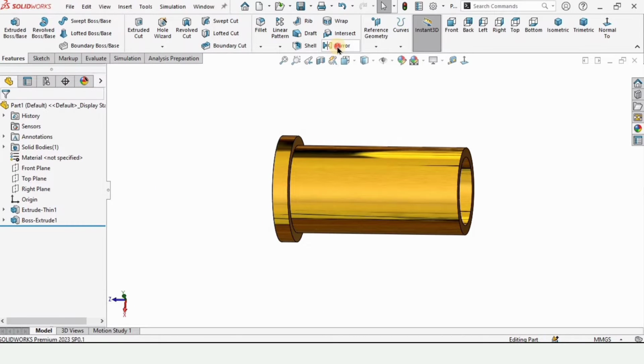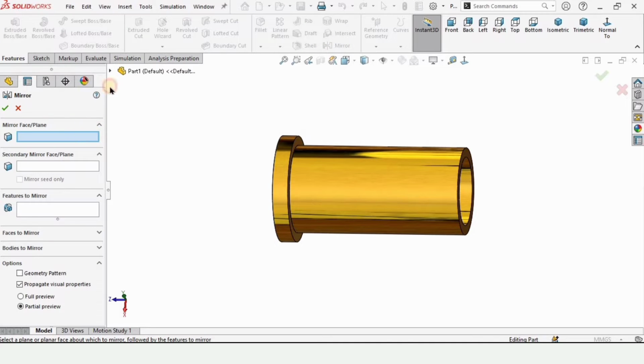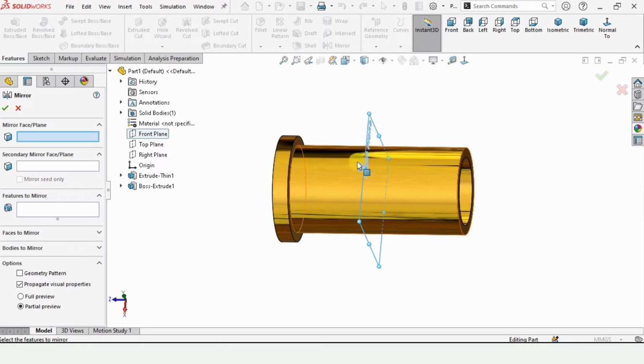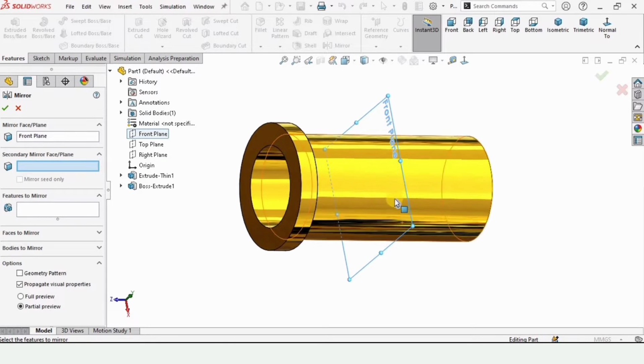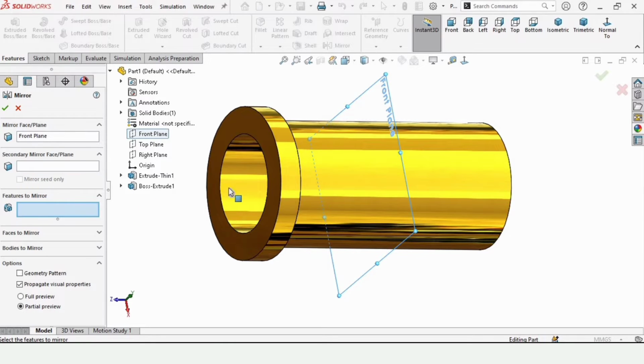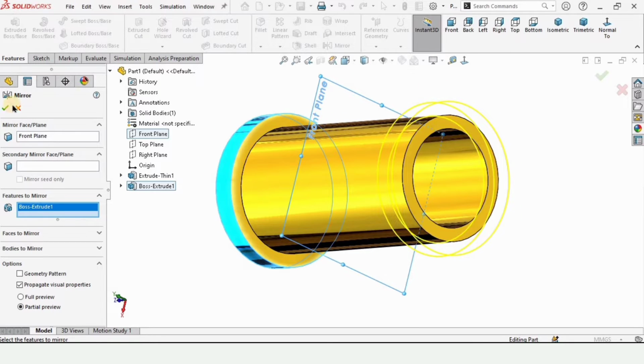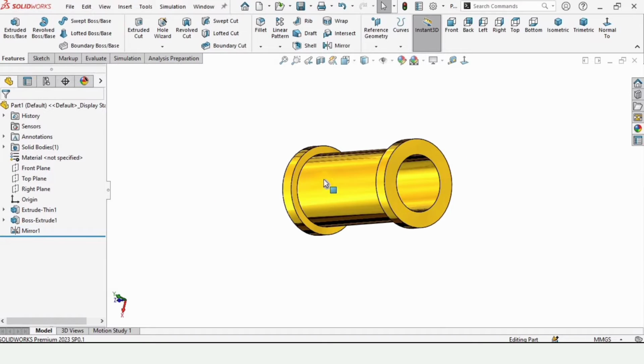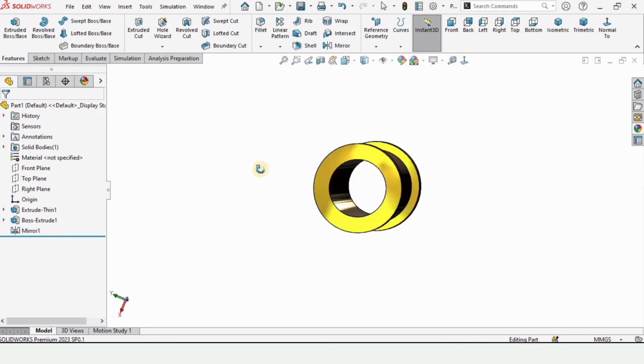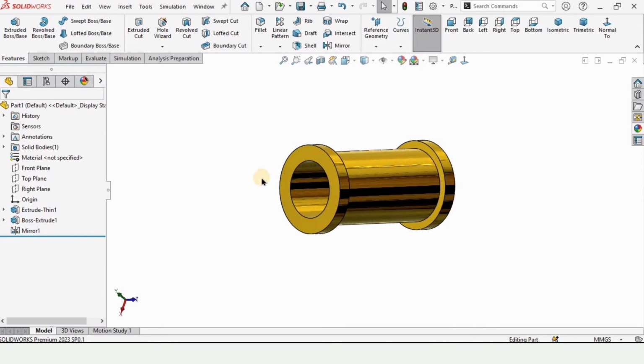So select here mirror. Here we need to define the plane. So I'm selecting this front plane. It can be different in your case. It should be cutting this part like this, and in features I'm selecting this one, and as you can see, this is going to mirror like this. Okay, and now